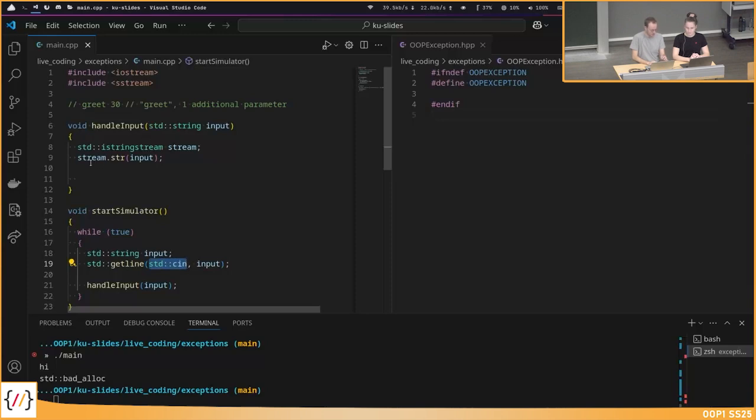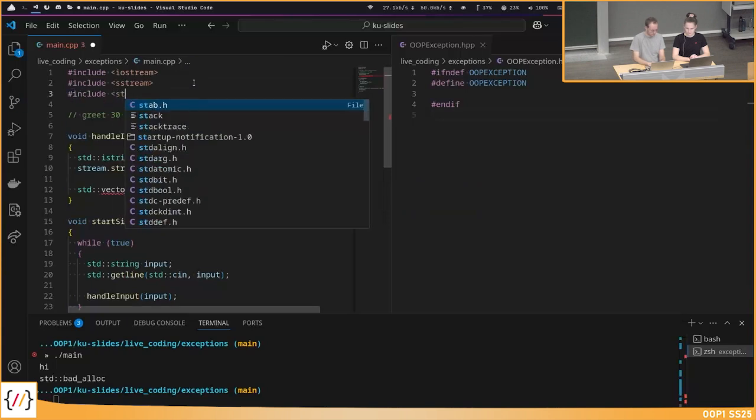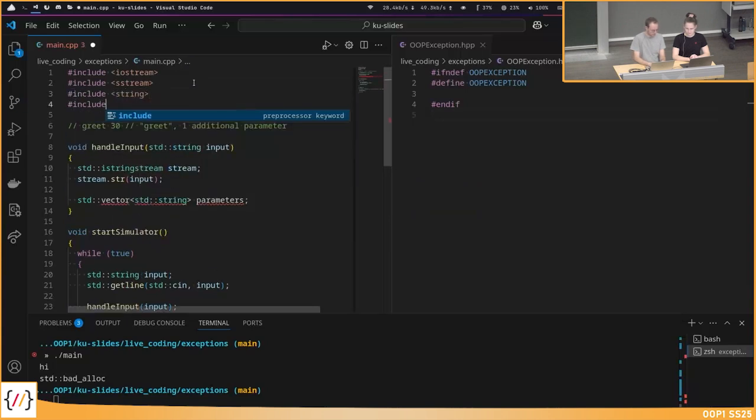In this case, I will specify my stream and split the input up on the spaces. So where to store it? Maybe we introduce first a vector of strings with parameters. No, I didn't include string even before.